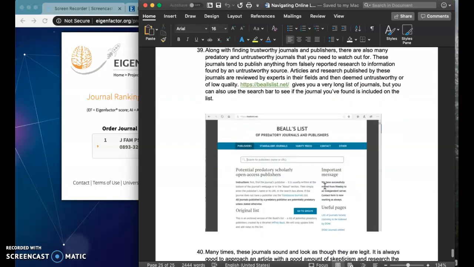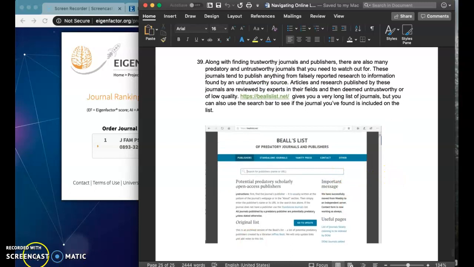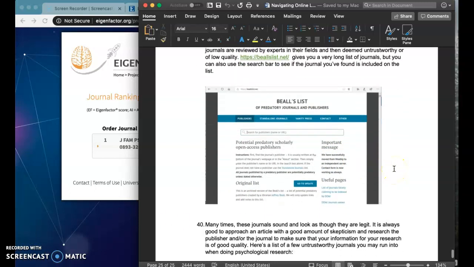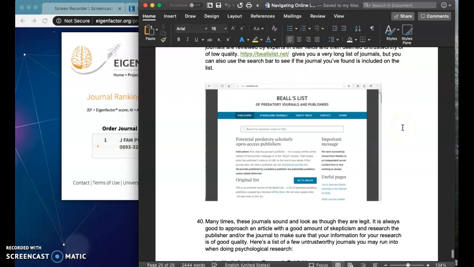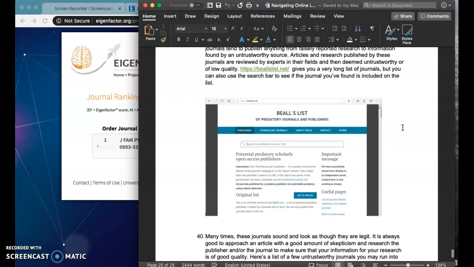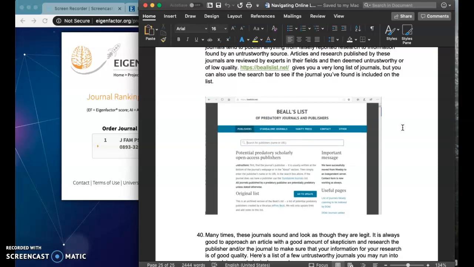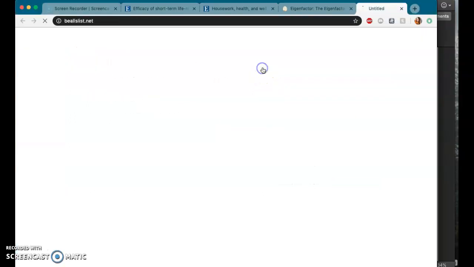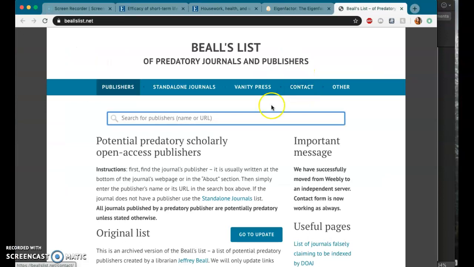Scrolling down a little further, I'm going to talk about Beall's List, and this list is online. You just go to beallslist.net, and it gives you a list of predatory scholarly publishers. Researchers can publish to any journal that they choose. Sometimes they choose good, reputable journals. Other times they choose publishers that will publish anything. This beallslist.net has just a huge, long list of